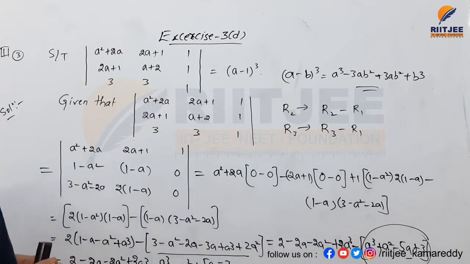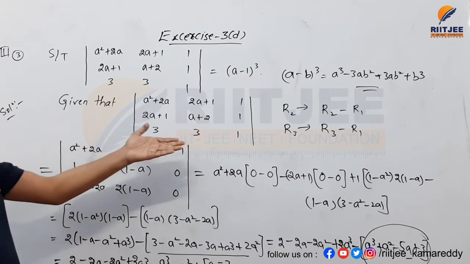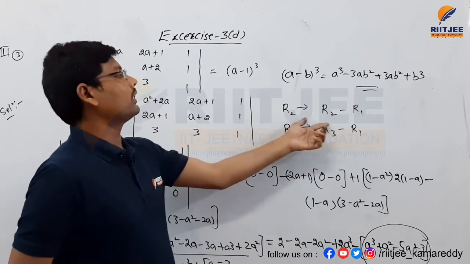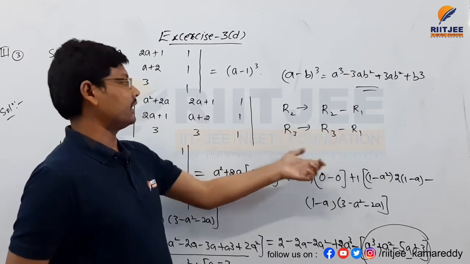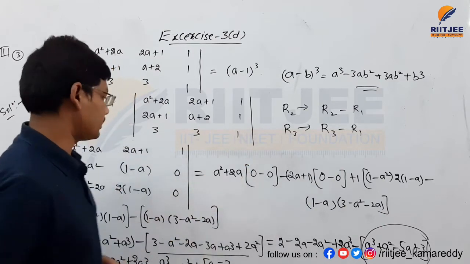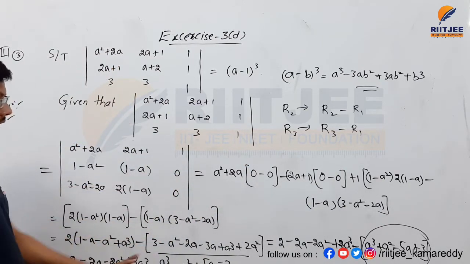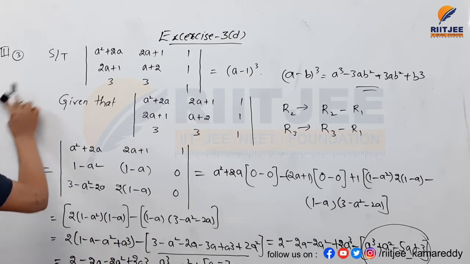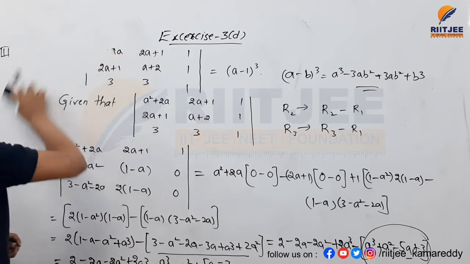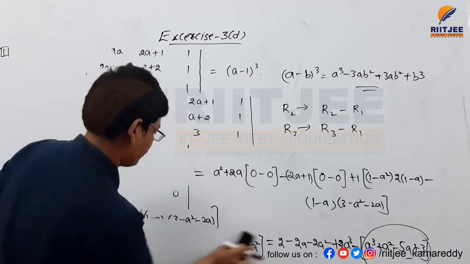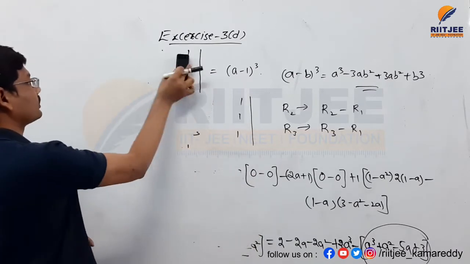So this is all about the question here. The solution is, given a 3 by 3 matrix, and according to that we are eliminating these two elements here by applying row transformations. This term will become 0, this term will become 0. After these two elements become 0, I am finding the determinant here. This is the solution for this question. And the next question is the fourth question.